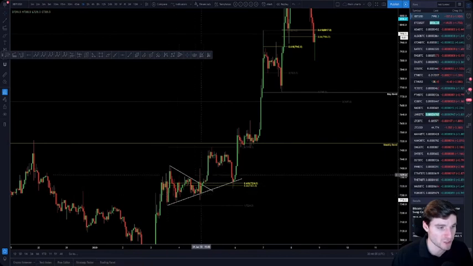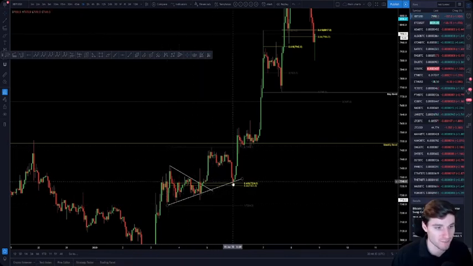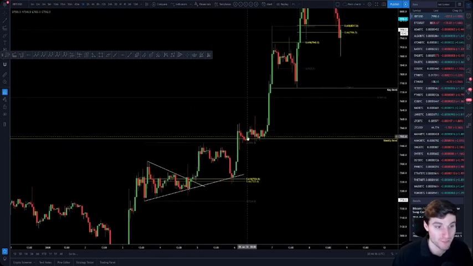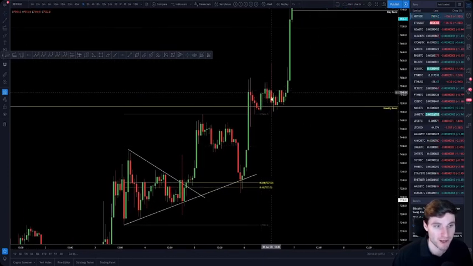You get the symmetrical triangle, you get the continuation, you come back up to your weekly. From there, you go from low to high, come back down to your CC, also holding the trend line support, move back up again. From moving back up again, we obviously broke the weekly, and then what you done here was just perfect. You come back, broke the weekly, backtested weekly, backtested weekly, backtested weekly,